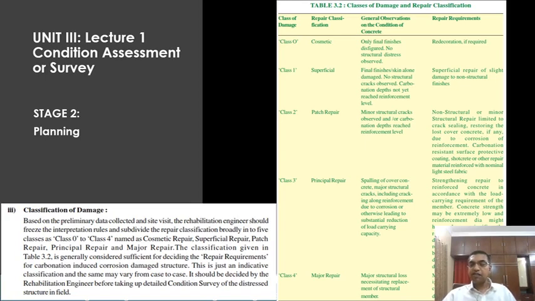This damage is a little severe, it is a major structural damage. So strengthening repair to reinforced concrete in accordance with the load carrying requirements of the member. Concrete strength may be extremely low and reinforcement diameter might have been significantly reduced, requiring a check by design procedure. So this requires major strengthening. And last, major strengthening repair ignoring the original concrete and reinforcement, or demolition and recasting. So these are the major repairs that are required.